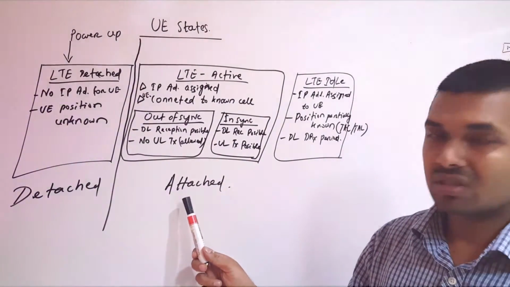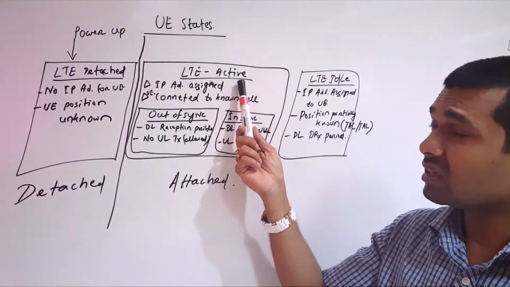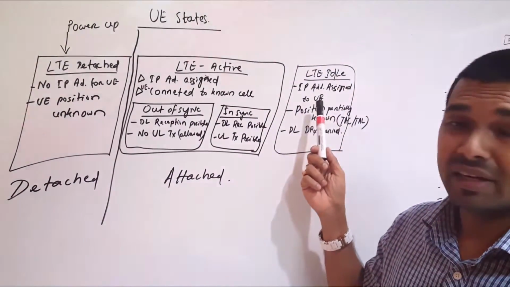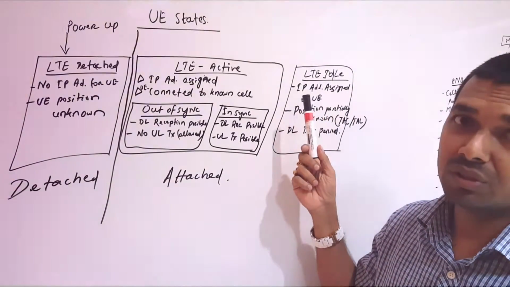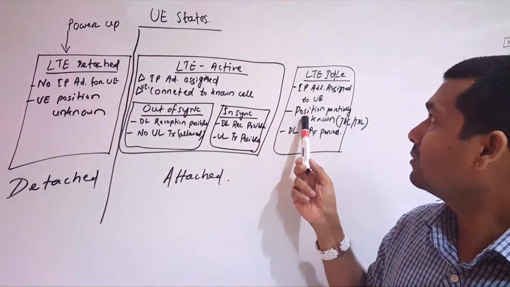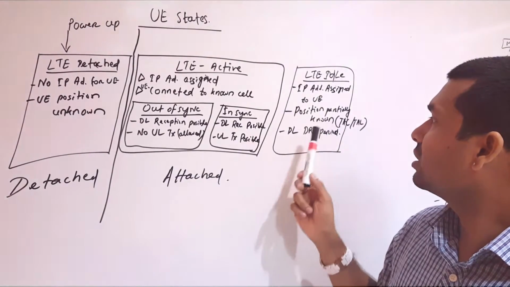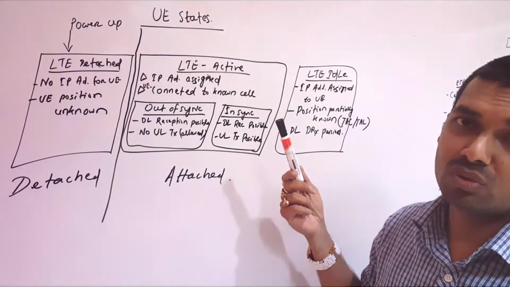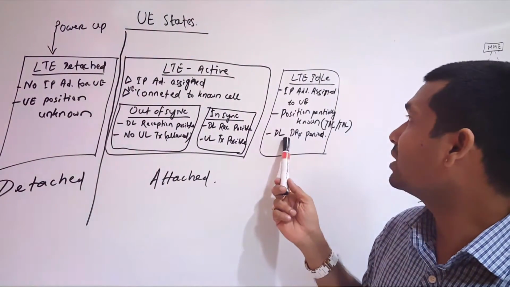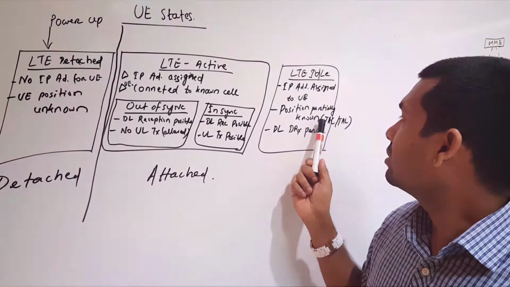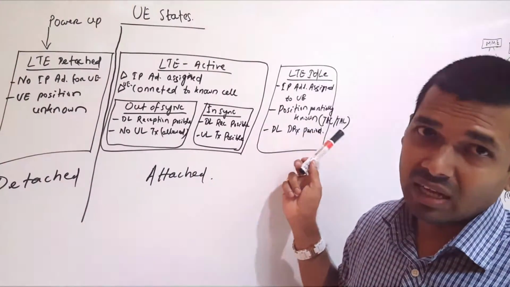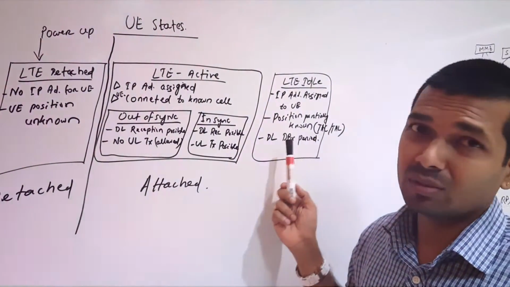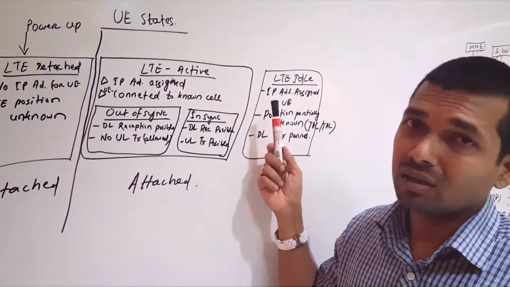Moving forward, when the UE is attached to the network, either it is active or it is idle. In the idle mode, the IP address is assigned to the UE. That means you are now allowed, you can do transactions. Then downlink DRX period is on, like it's an idle mode, so no reception or transmission is happening. Position is partially known, that is at TAC or TAL level, tracking area code level. Maybe we know the position, so that's why the position is partially known, that is the UE idle mode.